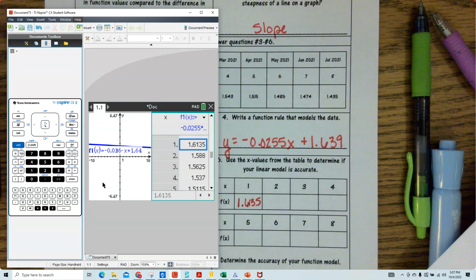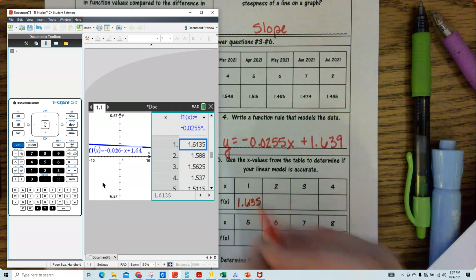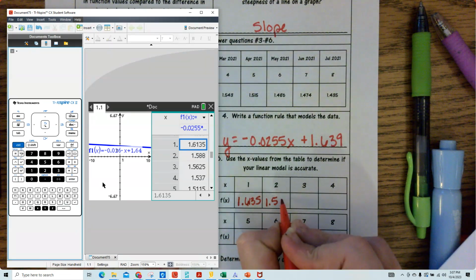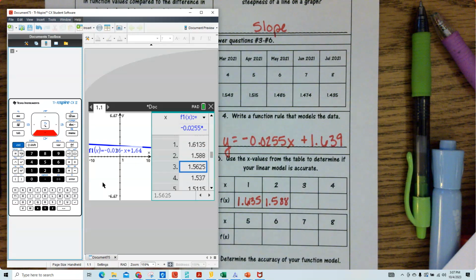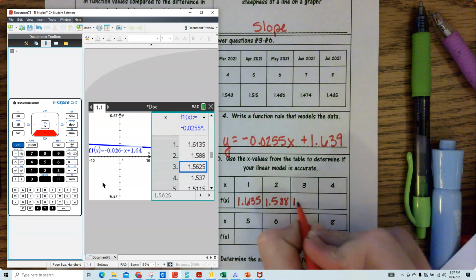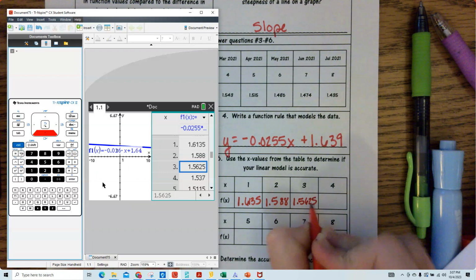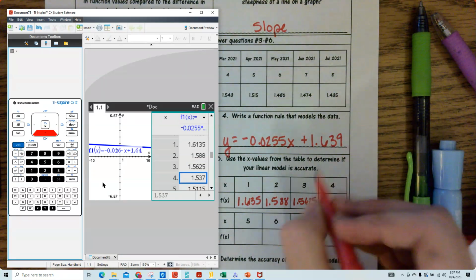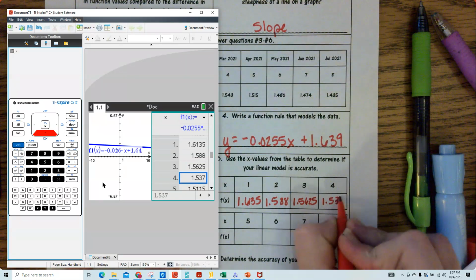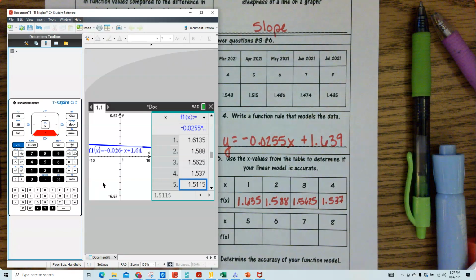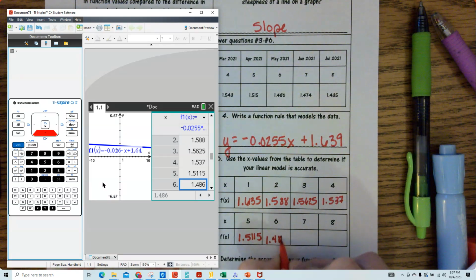1.6135. Yep. And then 2 is 1.588. 3 is 1.5625. 4 is 1.537. 5 is 1.5115. 6 is 1.486. 7 is 1.4605. And then 8 is